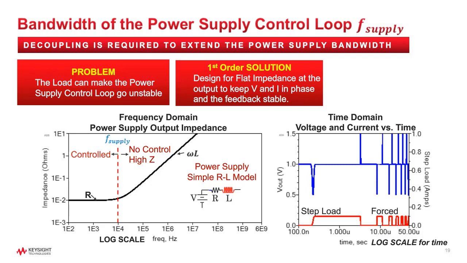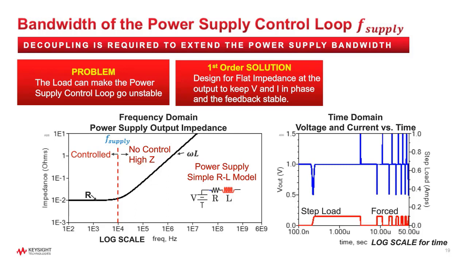The plot on the right shows this power rail voltage versus time and the corresponding current excitation versus time at the bottom using the right axis. Please note that in order to show both the short duration step load and the longer multiple cycle forced response, the time axis is in log scale.